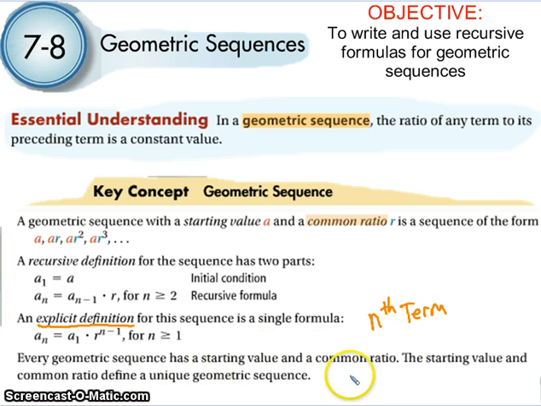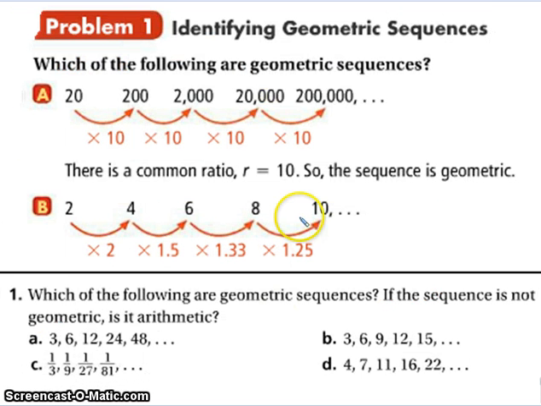Every geometric sequence has a starting value and a common ratio, so those are the two things you need. They define a unique geometric sequence. So as you look through these, each one will be unique based on its starting value and the ratio. Okay, the first type of problem asks